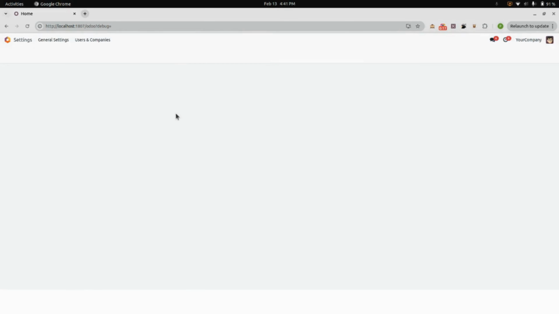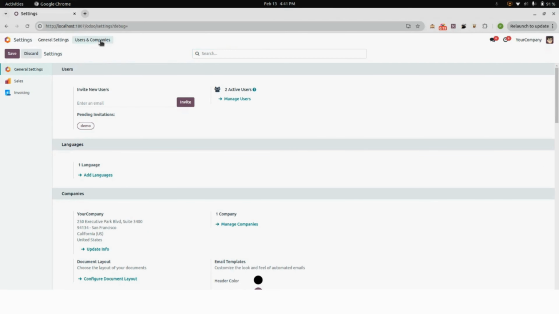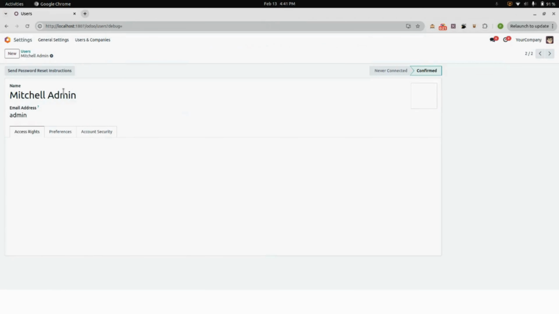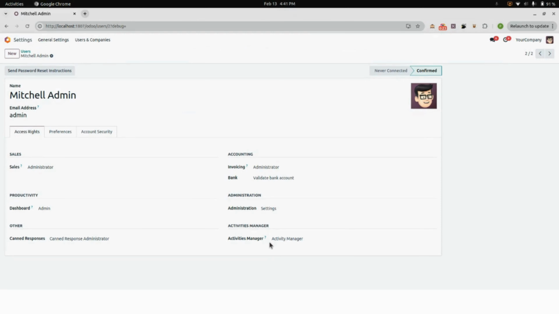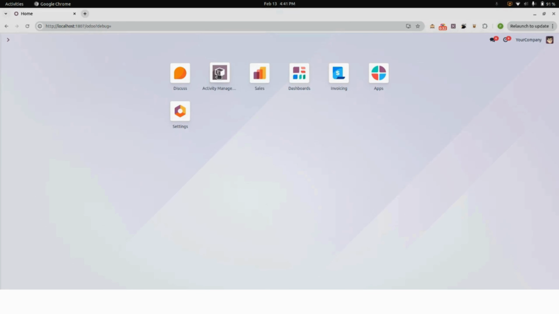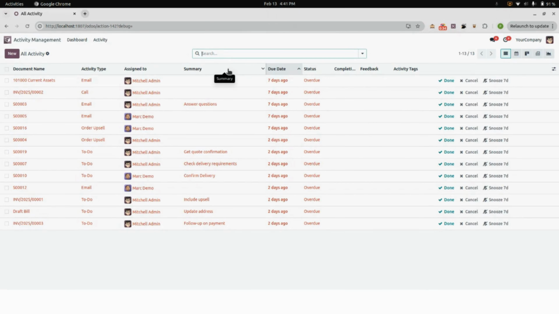So let's go into the settings, and under settings we have users and companies. We go into the users and into Michelle. Let's suppose right now I have given access of activity manager under the activity manager options, and we go into the dashboard. Here we have the activity management dashboard, and here right now Michelle can see each and every activity scheduled